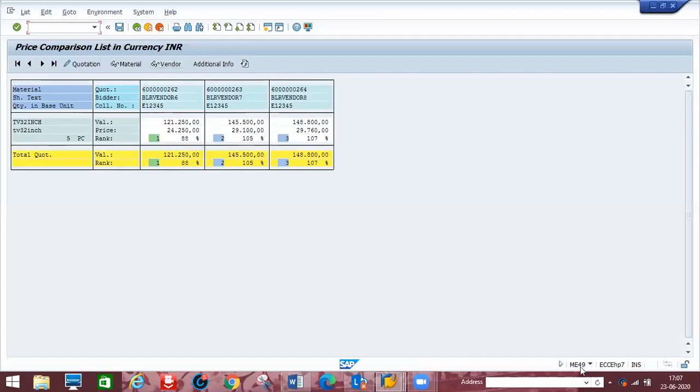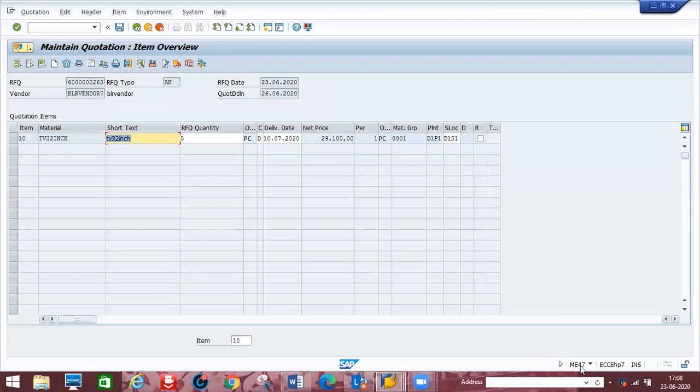Now we are in ME49, right? Yes, sir. Just double click this RFQ. You will go back again to ME47. See here, the rejected indicator R is there. Yes, got it, sir. If you select this and save this one,